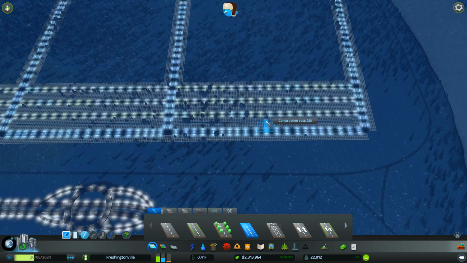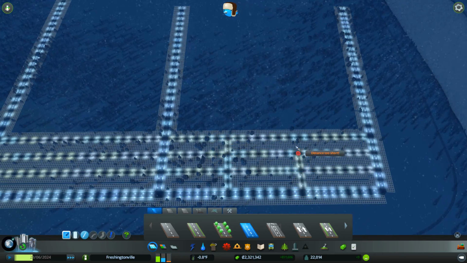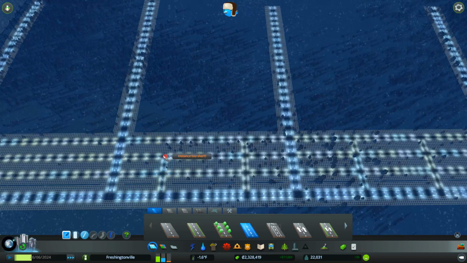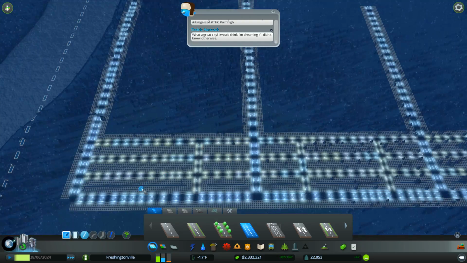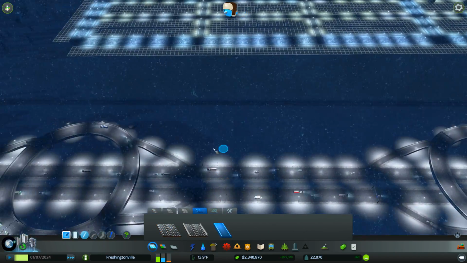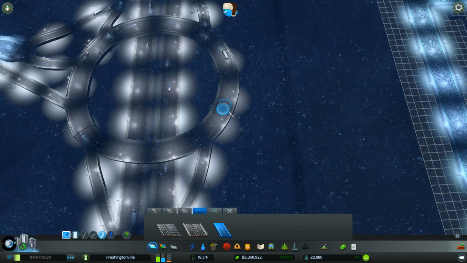Then maybe we'll have... Should we have maybe two smaller roads? So that way it's not too crazy. So we don't have just one massive, oops, you know, big block of residence, or what's it called, commercial, stuff like that. So the hard part is trying to get it